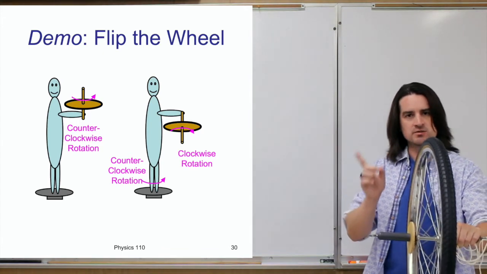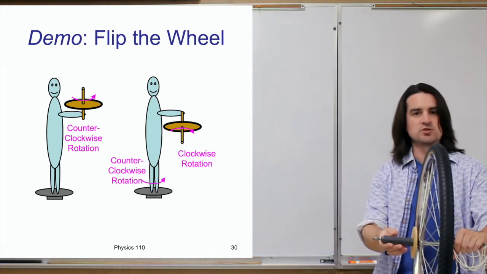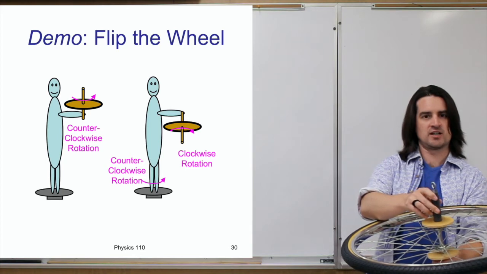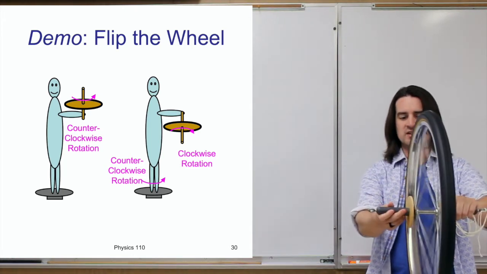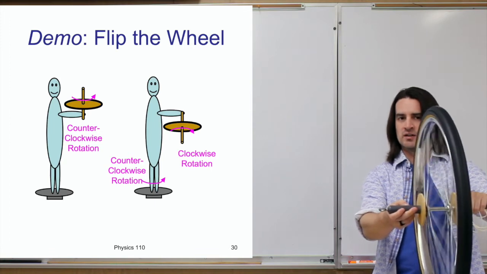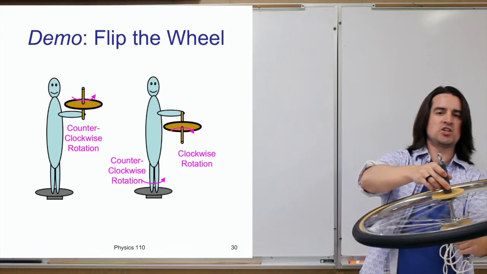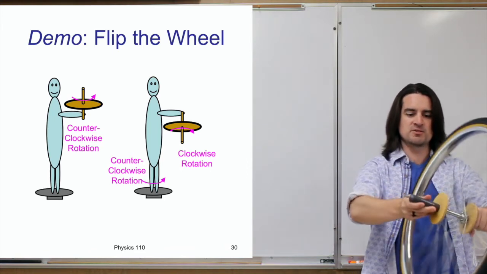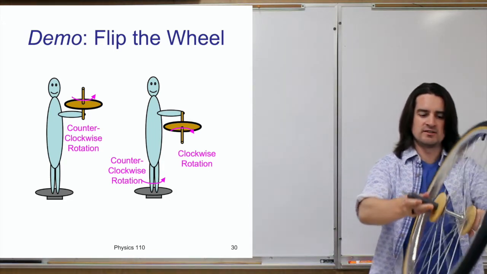So I can change rotational momentum by changing the direction or the orientation, the way that an object is rotating, right? So essentially, if I spin this bicycle wheel like this, that's one rotational momentum, and if I just turn it, I change this rotational momentum. Right? So just by having something spinning and turning that thing around, that's a change in